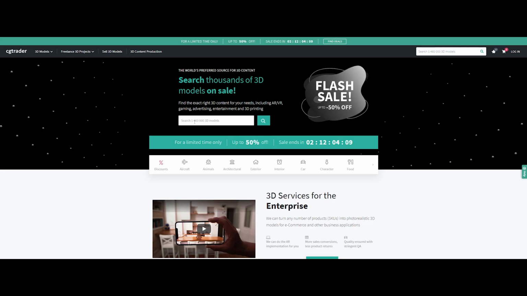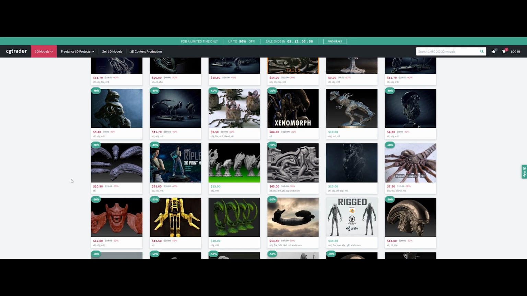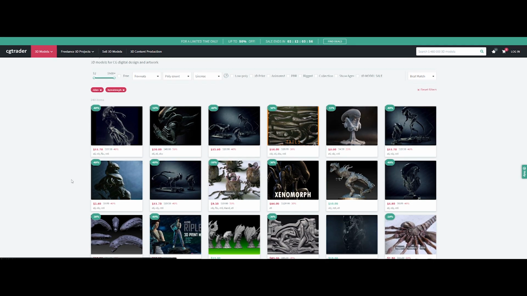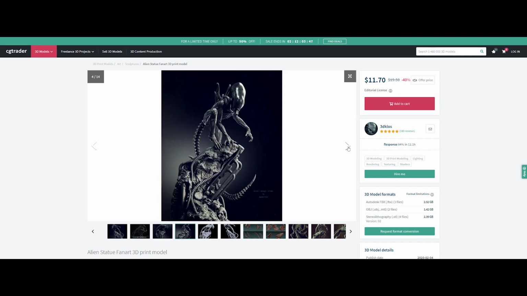So guys, first thing first, let's search for an interesting model. If you are looking for some cool 3D models, cgtrader.com is a cool website to know. Let's search for a badass model of a xenomorph to create this kind of atmosphere. Let's download this model, as it has immediately grabbed my attention.